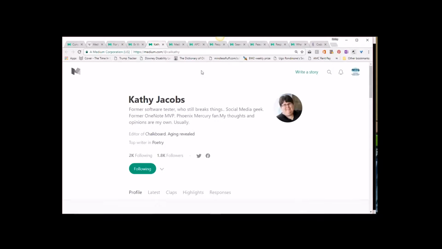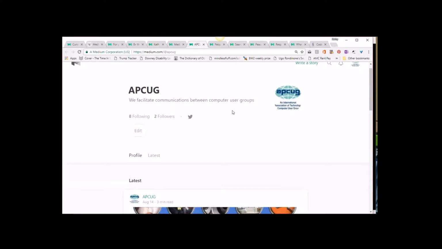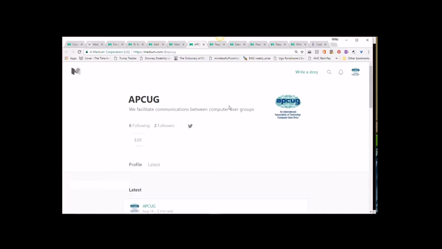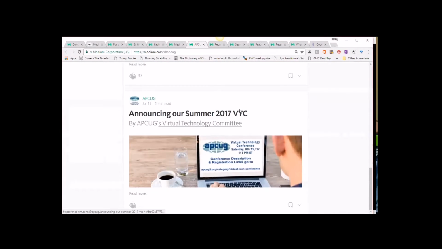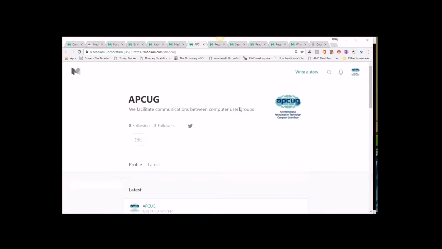So let's look at APCUG and look at their settings. As I said, this is the APCUG account. It's pretty new. It doesn't have a lot of stuff on it. It's only been out there a few weeks, and it's only got 3 articles written. But there are things you can do in your settings to control who sees it. So if I go to my icon and go to settings,